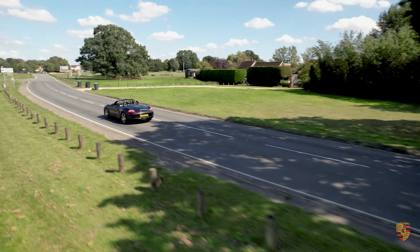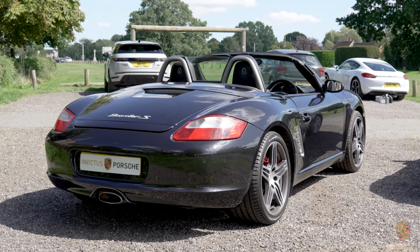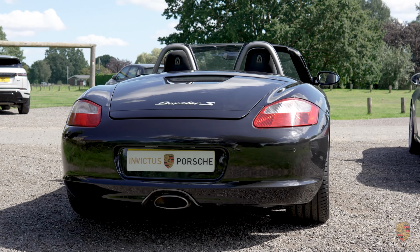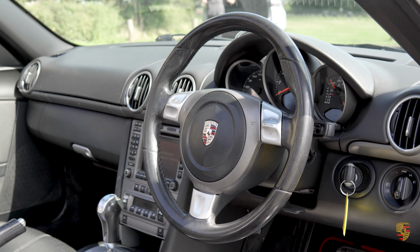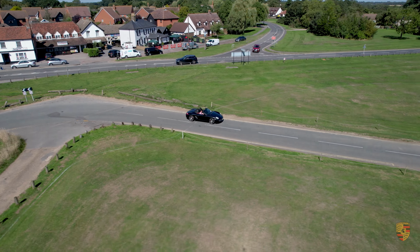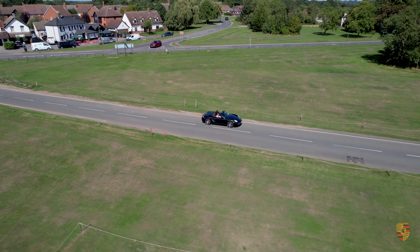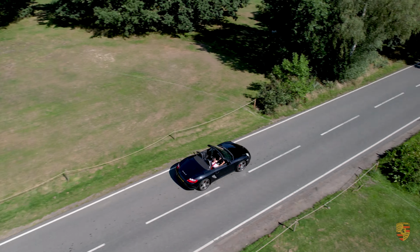I was lucky enough to actually pick this particular vehicle up and drive it from the previous owner, and I got to spend quite a bit of time behind the wheel that day, and I do know that it actually drives really nicely. Yeah, nice pickup. Steering's nice and sharp,